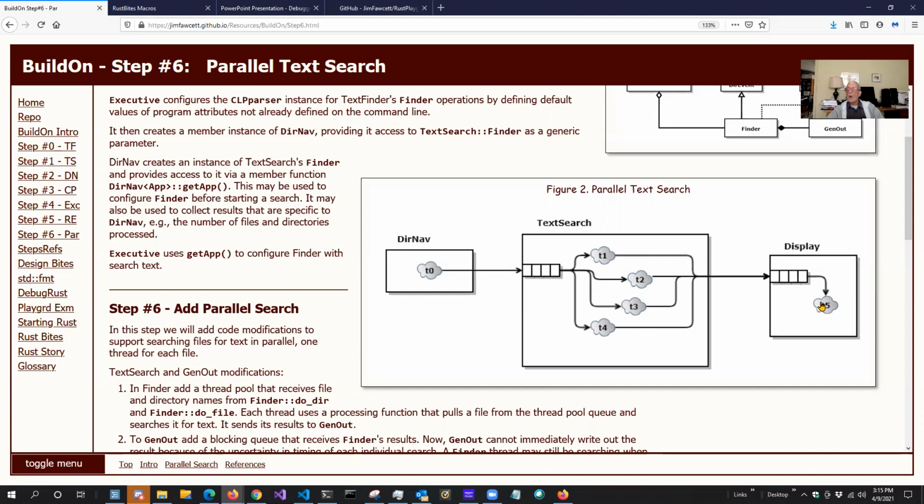And display now, what it has to do is, every time before it grabs something from the queue, it's got to look at it and say, are you empty? If the answer is no, it's not empty, it just grabs the result and runs with it. And then it comes back to get another result. Are you empty? Yes, I'm empty. Now it will block on that. But if it pulls out a quit message here,